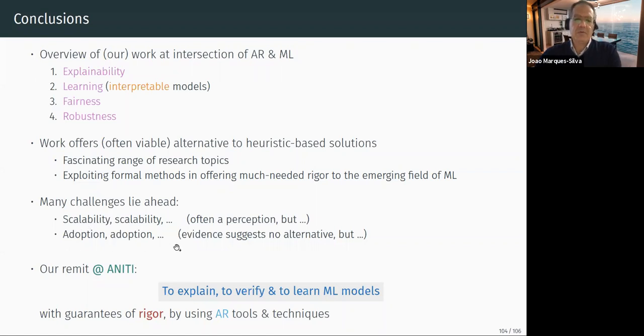Another thing we notice is that people shy away from rigor or formal approaches. It's very tempting to consider heuristic approaches, even when all the evidence that we have suggests that they should be doing this, because if the machine learning model is used for some simple application, it's fine. If it's an application that could impact human lives, then if the explanations are wrong, that means you could be trusting a system which you should never trust. Okay, that's it. I will be answering questions in case you have them.